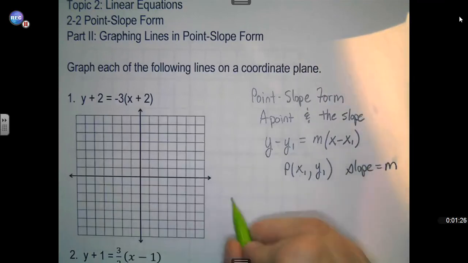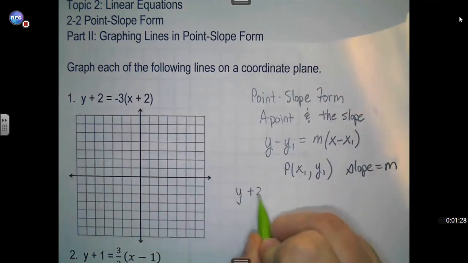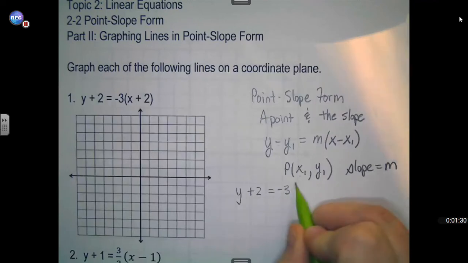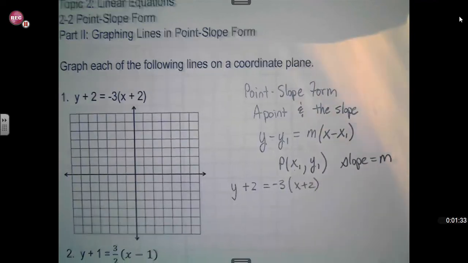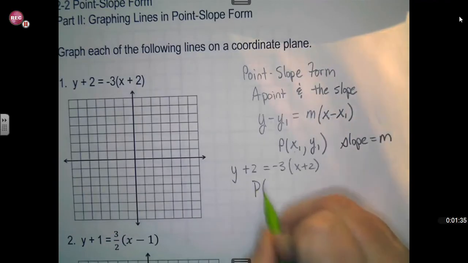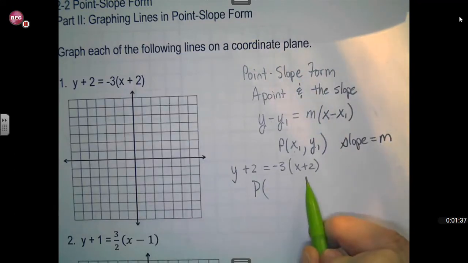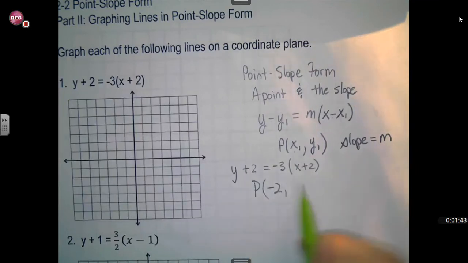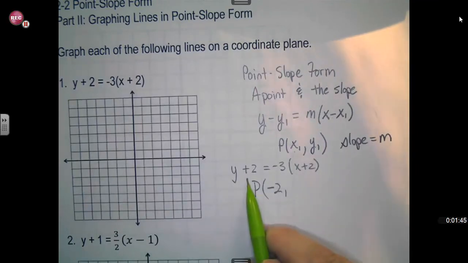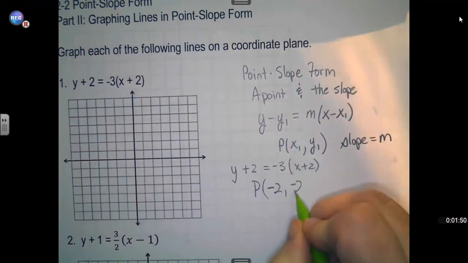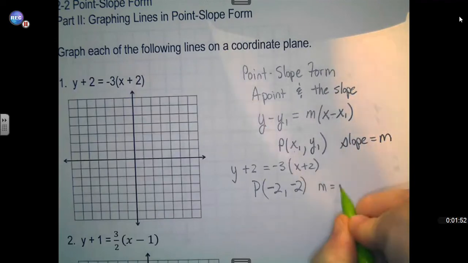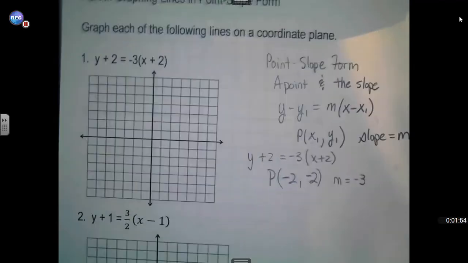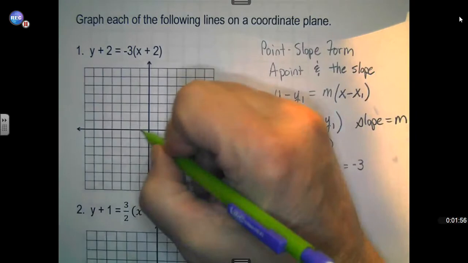So when I go to pull that point out of y plus 2 equals negative 3 times the quantity x plus 2, the point is the opposite of what's in here with the x, and what's in there with the x is a plus 2, so the opposite would be negative 2, and the opposite of what's out here with the y is plus 2, so the opposite would be negative 2, and the slope is negative 3. So I plot the point, negative 2,